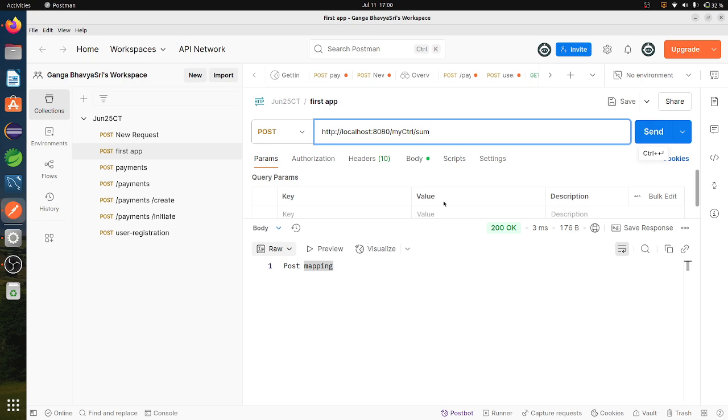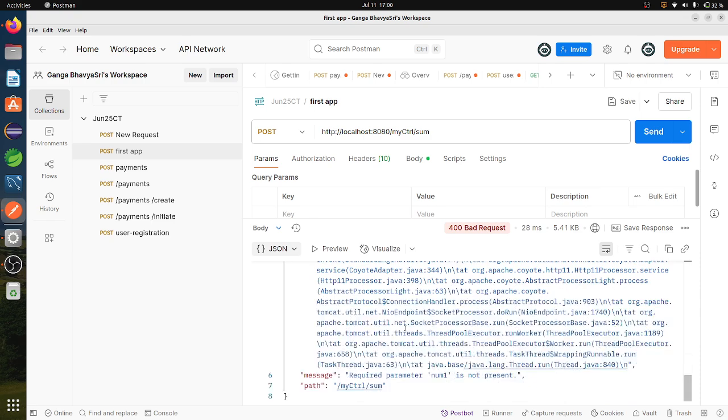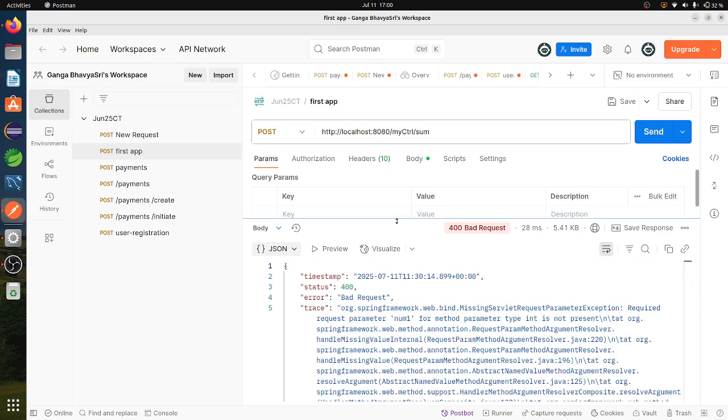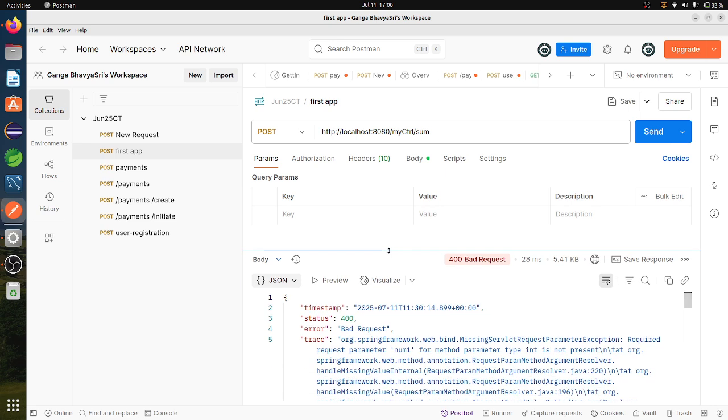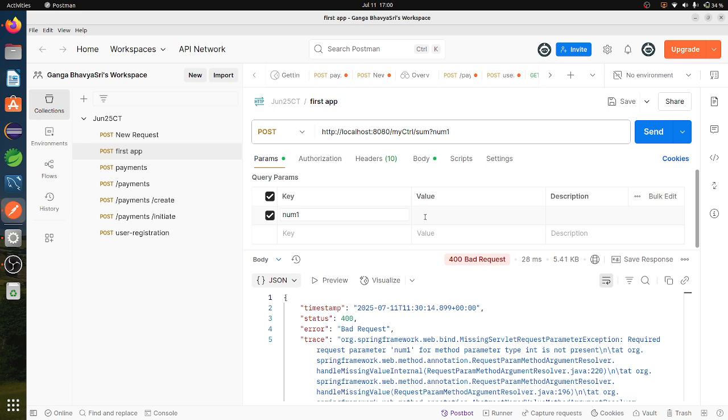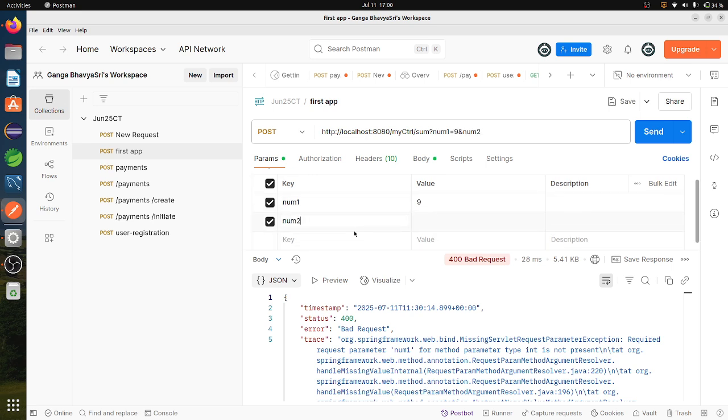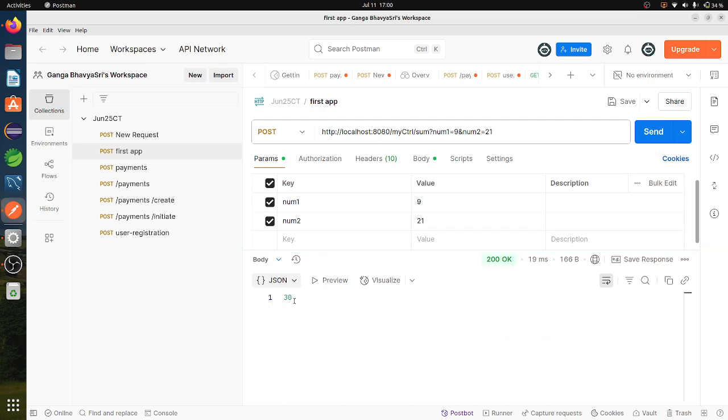If I send, as of now I haven't passed any request, so it will throw me an error. Now I'll pass the parameter values. Those can be passed by using this parentheses. Here I'll write num1, num2. So it is giving me some value here, and it is returning the value back.